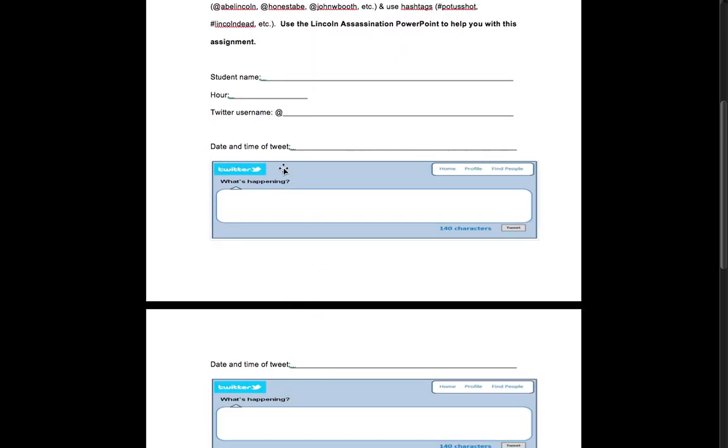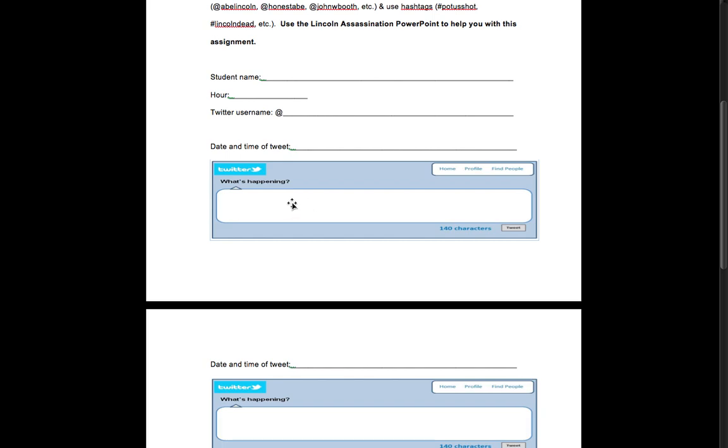For each of your tweets, you'll see I have a little box like this along with date and time of the tweet. You are putting this into historical terms, so obviously you're going to want to start tweeting as soon after Lincoln is shot as possible, or maybe even the moments before. So you'll want to make sure you're looking at the dates that I have that are associated with this PowerPoint. And the time as well. So maybe are you tweeting at 8:59 a.m.? Are you tweeting at 11:35 p.m.? As long as you're in the neighborhood of when these events happen, and as long as you have them in chronological order, you should be fine.